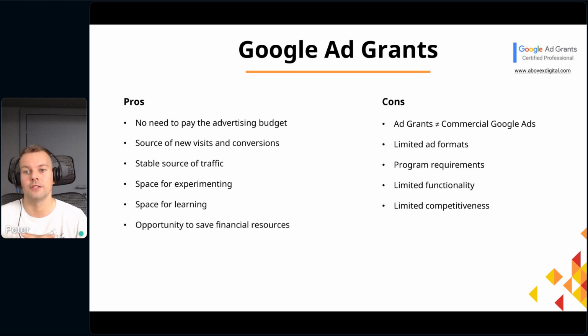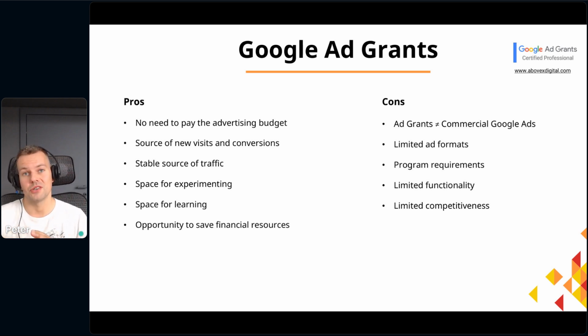So that's another advantage. It's a stable source of traffic because once you get into the program, you keep getting $10,000 every month, and it's not limited by time. So it can go on for years. Once you ramp up your campaigns, you get a stable source of traffic, which generates a decent number of visitors every month. And you can also experiment, right? Because it's not your money. It's easier to run different experiments, testing different ad copies, testing different keywords. Worst case scenario, you will not get as many conversions or as many clicks, but you are not going to lose actual money because the budget's there, right? And it's also a good place for learning, right? You can test, you can explore the platform, and you're not risking much.